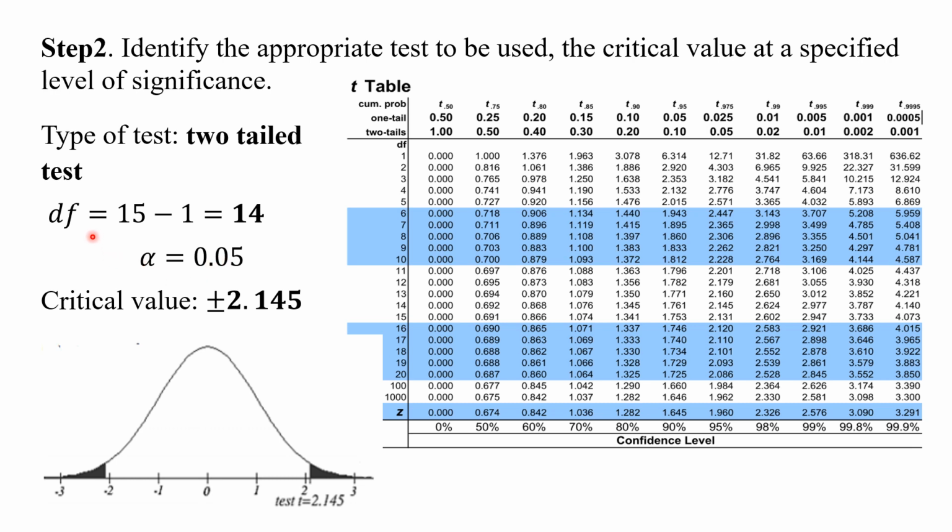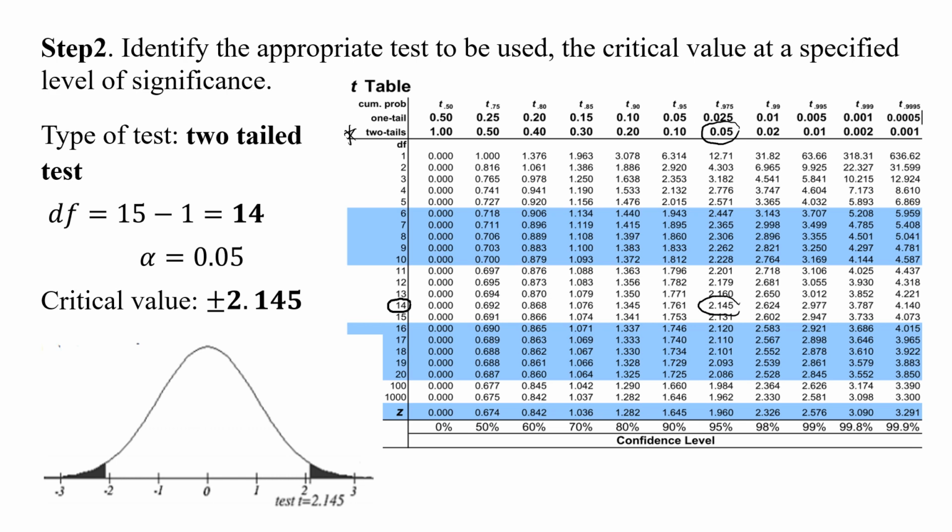Then yung ating degrees of freedom is, so yung n natin doon is 15. 15 movies yun, di ba? Yeah, so 15 minus 1, that is equal to 14. Okay, so yung degrees of freedom natin is 14. So, pwede natin siyang i-locate doon sa ating table. Then, yung given na level of significance is 0.05. Okay, so hanapin natin sa two-tailed yung 0.05. Then, kung saan lang ulit tumapat. Okay? So, para malaman natin yung degrees of freedom. So, that is